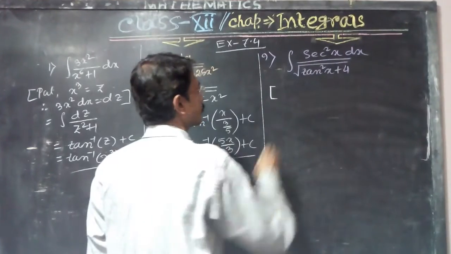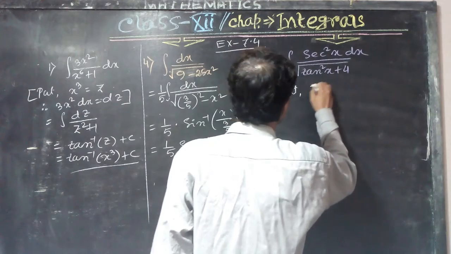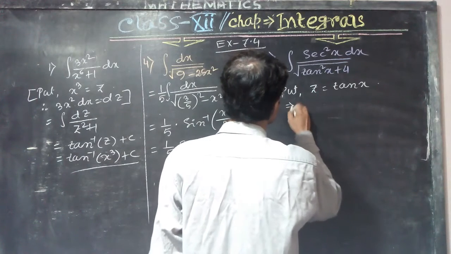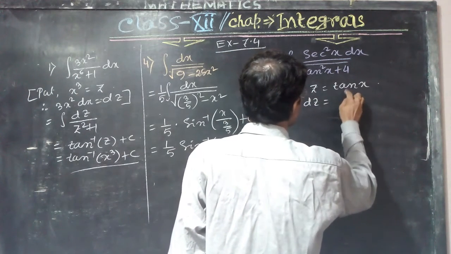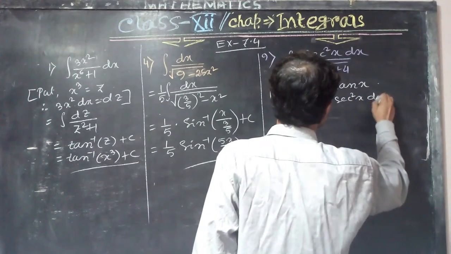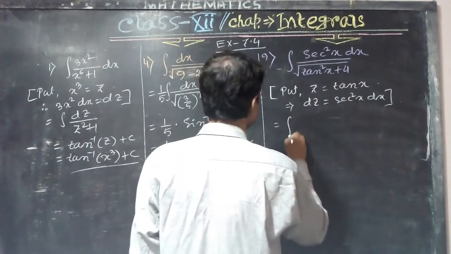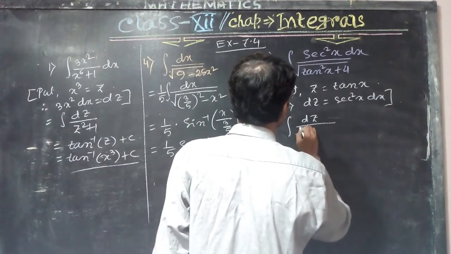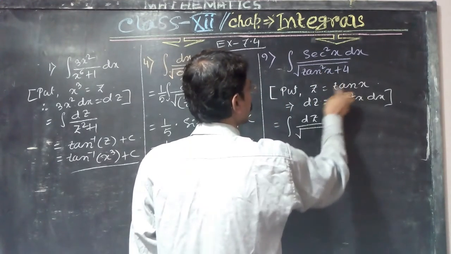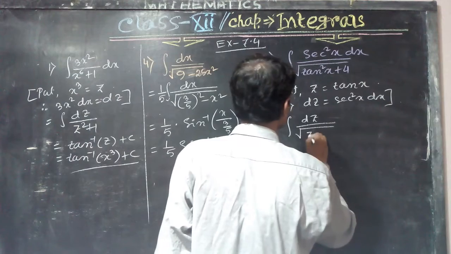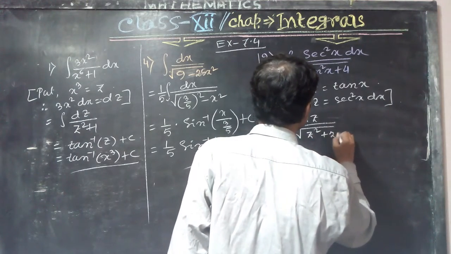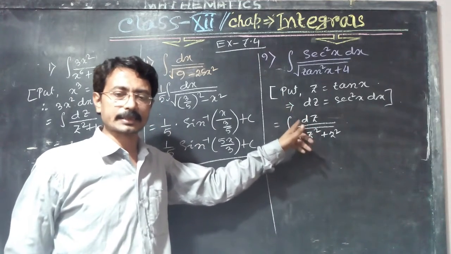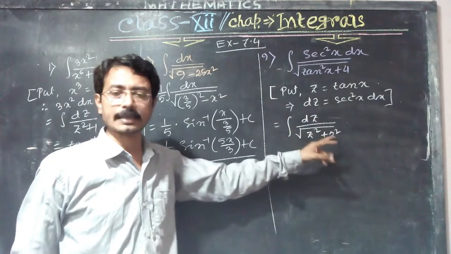Method of substitution we apply here. Let z equal to tan x. So dz equal to d of tan x, sec square x dx. So in place of sec square x dx we put only dz by root over tan x. In place of tan x we put z, that means tan square x becomes z square plus 4, equal to 2 square. So it is in the form integration dx by root over x square plus a square equal to log mod